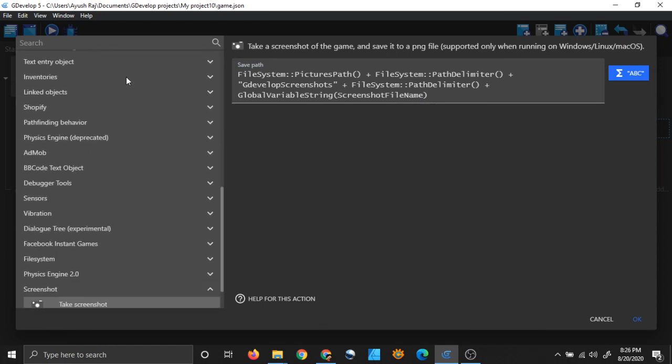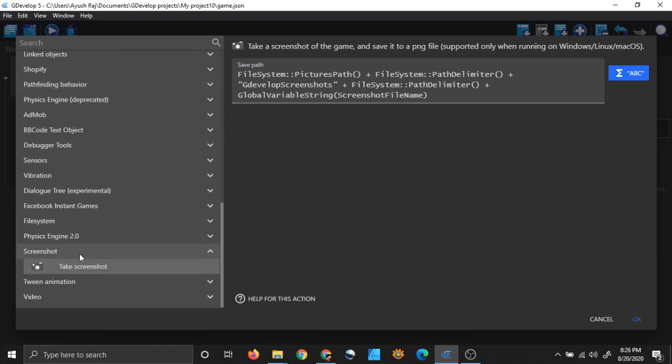So when you go all the way to screenshot option and you click on take screenshot option, you will see something like this. This is screen. This will be blank. Right? This will be blank. But in my case, I have written something. So what have I written? I have written a save path. The path where I want to save my screenshot. So the save path should be an absolute path. I read in the gdevelop forums and they say that for the screenshot option you have to supply an absolute path. Relative paths will not work. So keep that in mind.